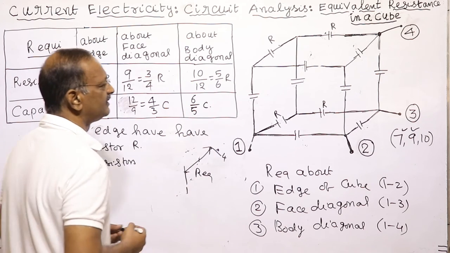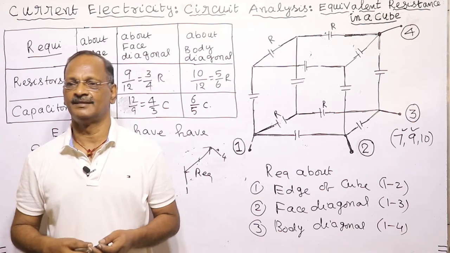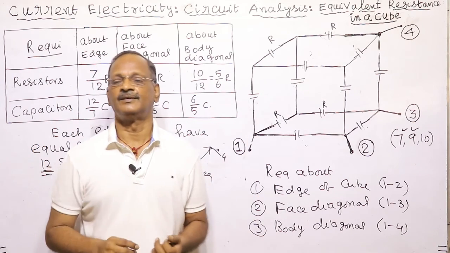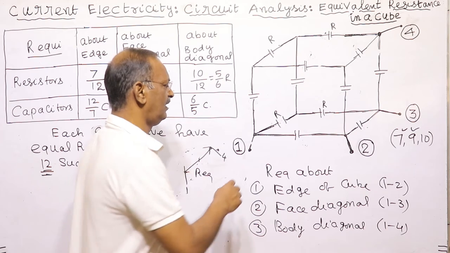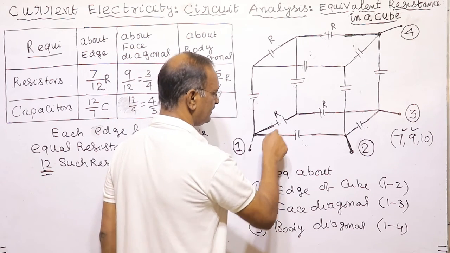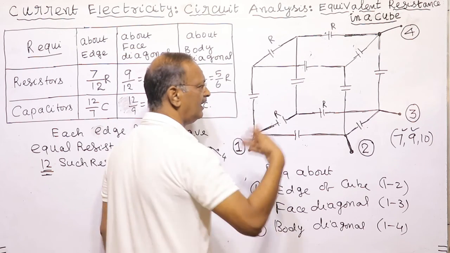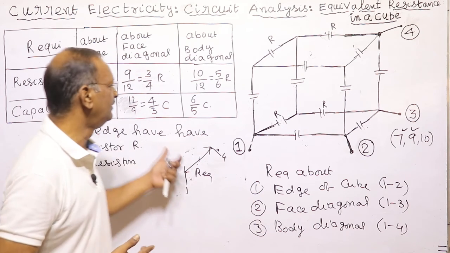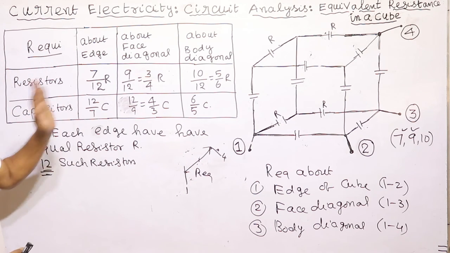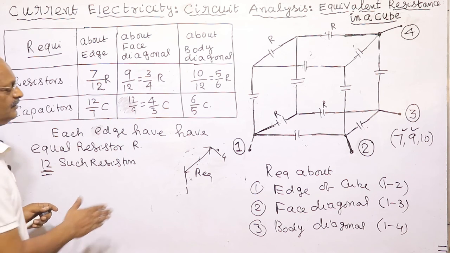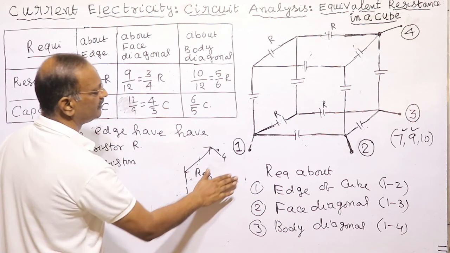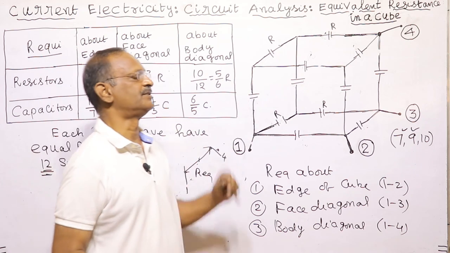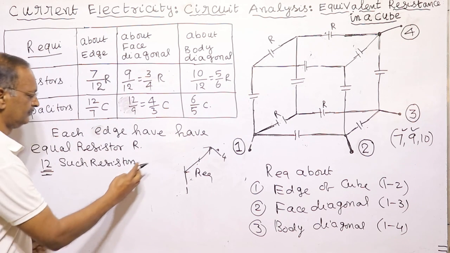This method is a shortcut method which will save your time. Because if you start calculating, this is series, this is parallel with this one, and if you keep on doing it, it will consume your time. So better we use the shortcut formula, then we can obtain the solution within 1/10 of the time we spend with the actual procedure.